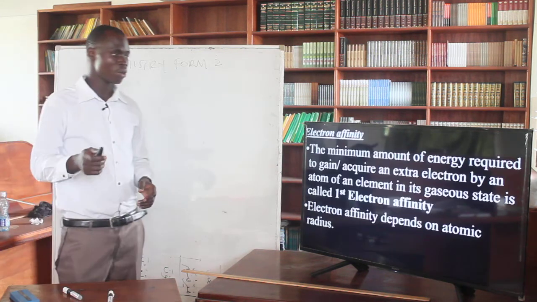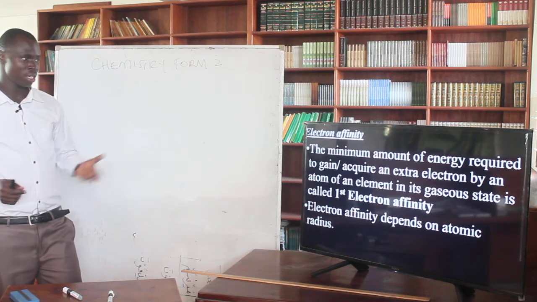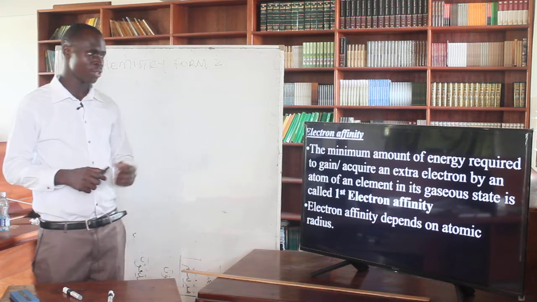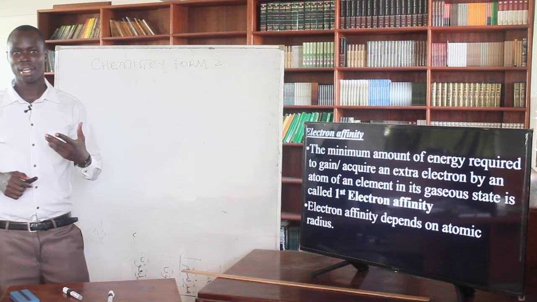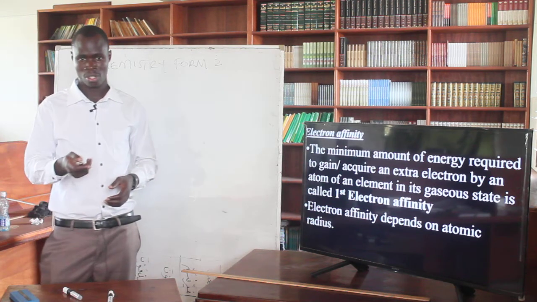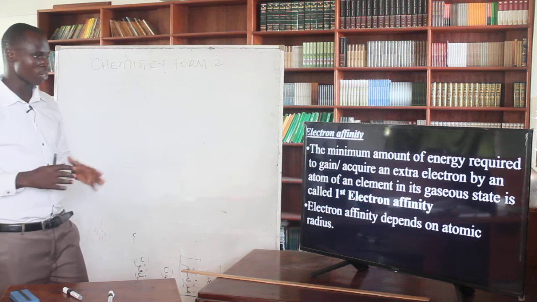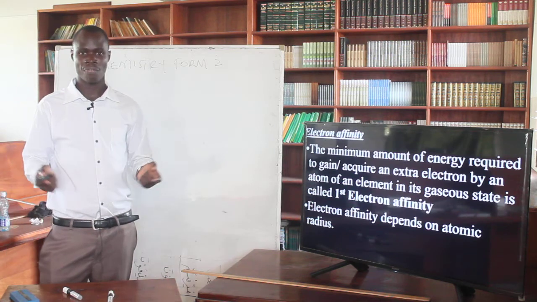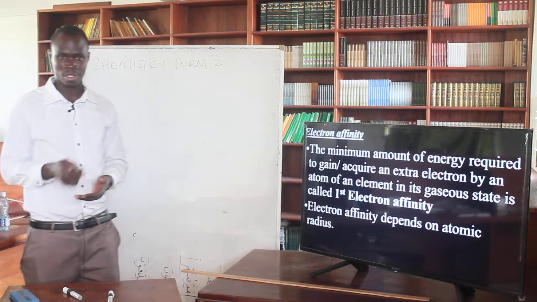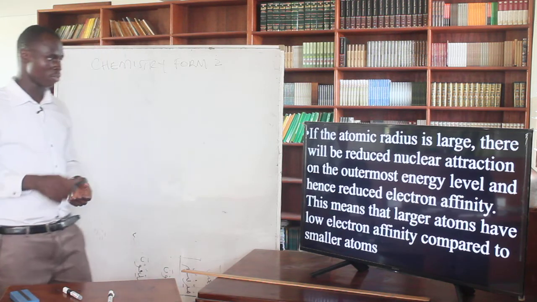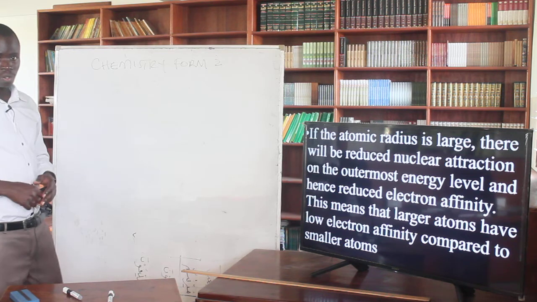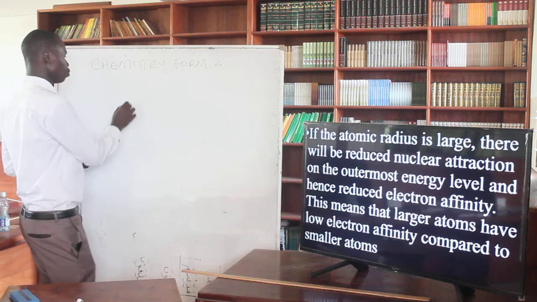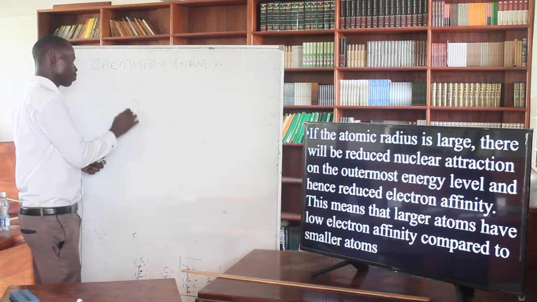So today we are going to start with electron affinity, and this is the minimum energy that's required by an atom to gain an extra electron. This atom must be in a gaseous state, and we have the first electron affinity, the second one, and the third. If the atomic radius is large, we find that the electron affinity is going to be reduced simply because